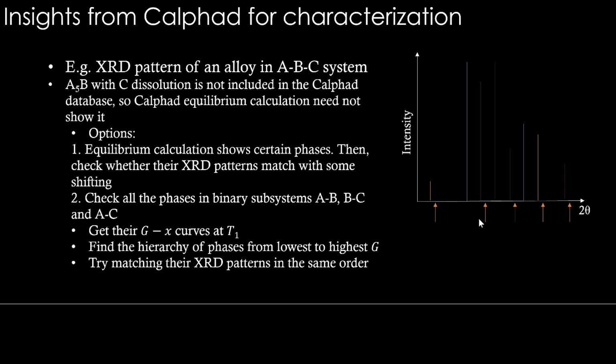Most of the times, especially with these kinds of elements, cobalt, chromium, iron, manganese, nickel, or the refractory elements like molybdenum, vanadium, titanium, zirconium, tantalum, within these elements, if you see, there are not many new emergent phases in the ternary or in the higher order region. Most of the times, what you get is the extended phases from the binary region. So therefore, we can characterize them quite effectively based on this help from CALPHAD.